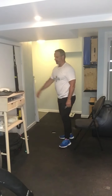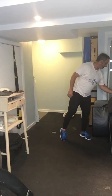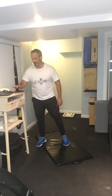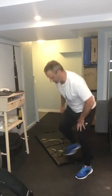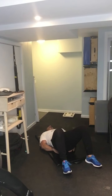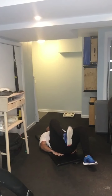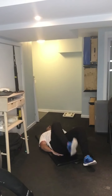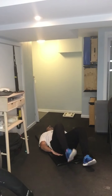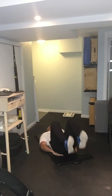Okay, and we're just about there, so I'm going to set up for the final exercise. Here we go, we're just about done. Can you believe it? Okay, so again, maybe you're really tired now, and doing both legs together is hard. So one leg at a time, not a problem. Challenge it a bit, do 2 legs at a time,